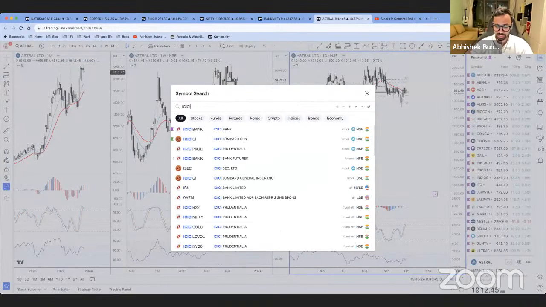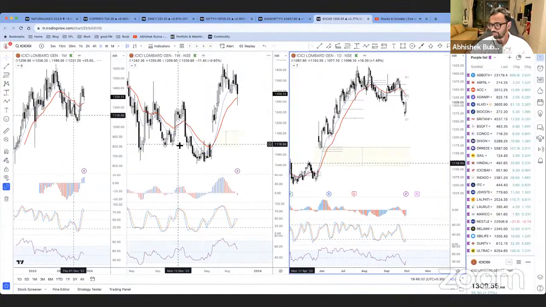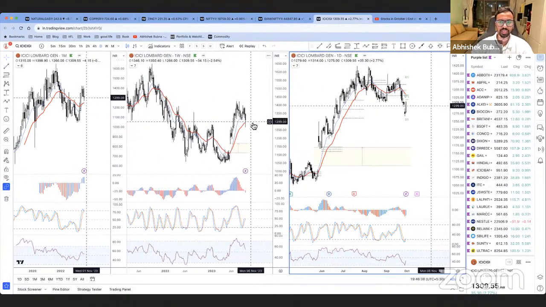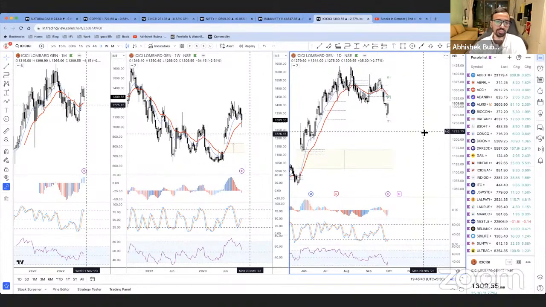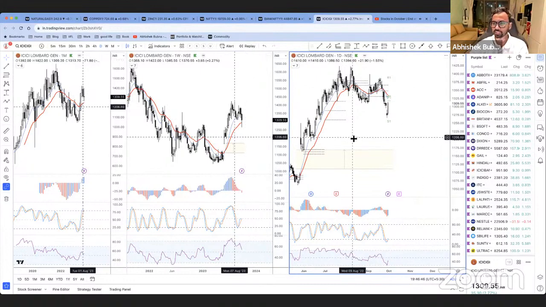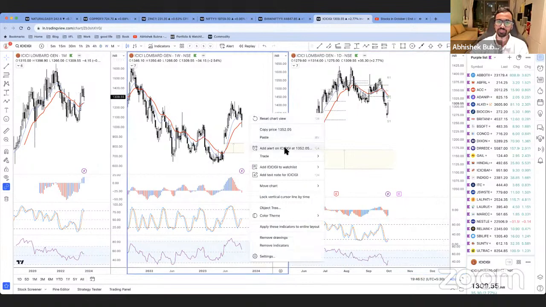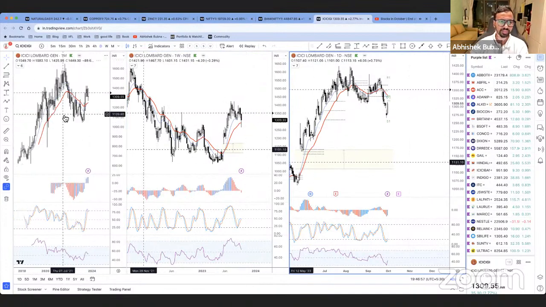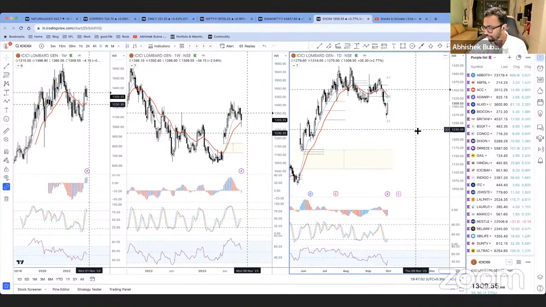Okay, ICICI Lombard, is that? Yeah. ICICI Lombard, monthly is all right. Weekly at EMA, I don't think this is a bullish divergence, but if it was, then it would be in my list. But इसमें मैंने alert लगाया था शायद, दिख नहीं रहा है, but I think I'm going to put my alert above the high of the previous week, just to be sure. ठीक है, but I'm not going to put it in the list. Again, I said better stocks हैं शायद.